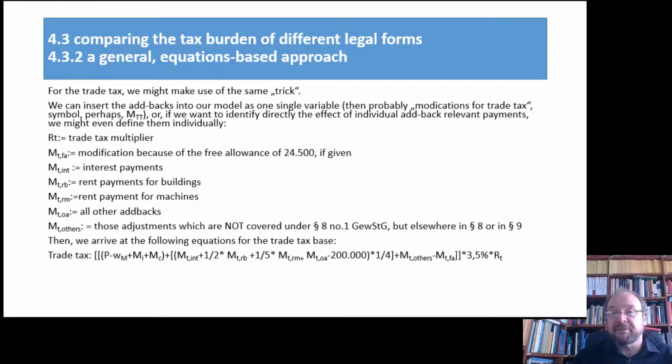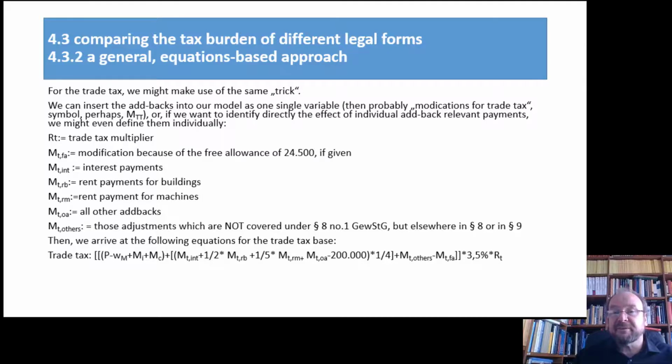given, so modification trade tax by free allowance, the modification which results from interest payments, the modification which results from rent payments for buildings, the one from rent payments for machines. Now I just made an abbreviation and said modification resulting from all other add-backs. If you were really precise, you would add them all up as different variables. Now the add-backs under 8 number 1 are meant by this, and